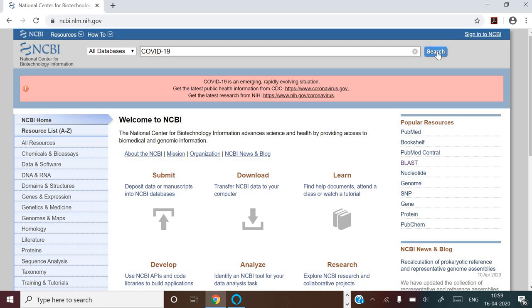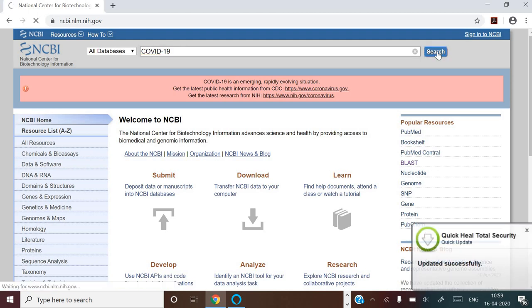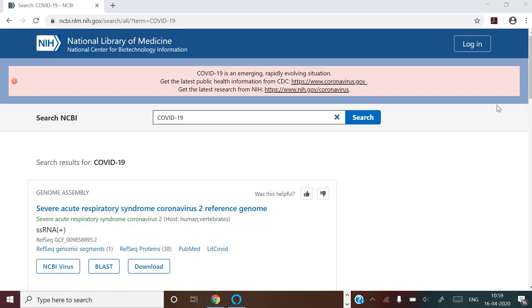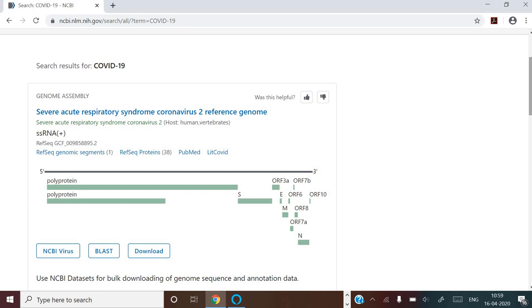Once you search on COVID-19, the new or novel coronavirus, what are the results that you will get? As you can see, this explains the genome assembly of the severe acute respiratory syndrome coronavirus 2 reference genome.